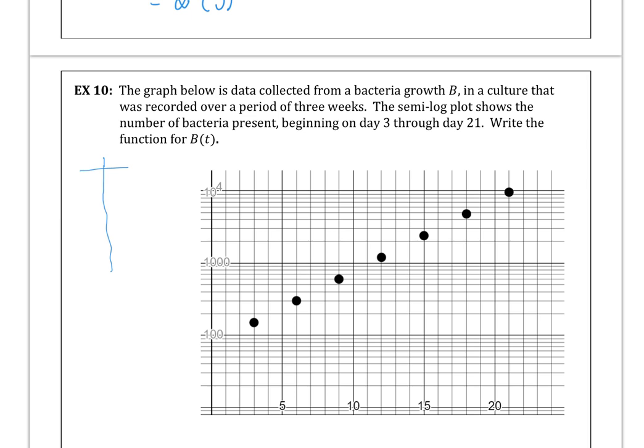We've got 3 is 150, 6 is 300, 9 looks like 600, and 12 looks like 1200. It looks like we're doubling every 3 days. So this is the time, this is the bacteria. If our rate is doubling every 3 days, and we could say that b of t,